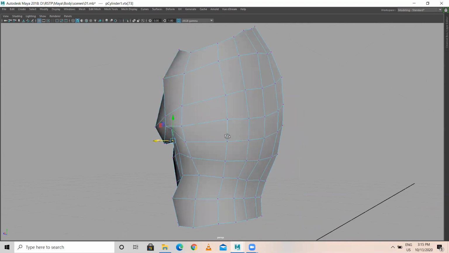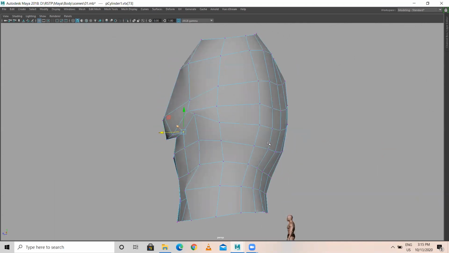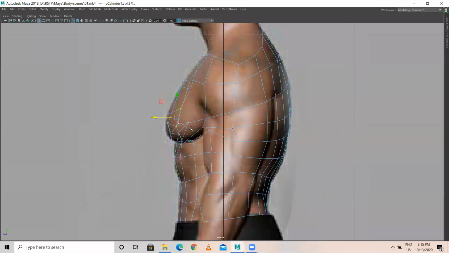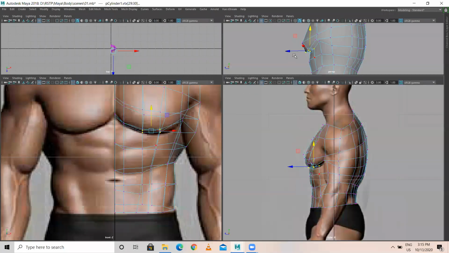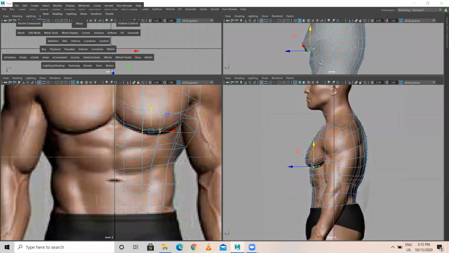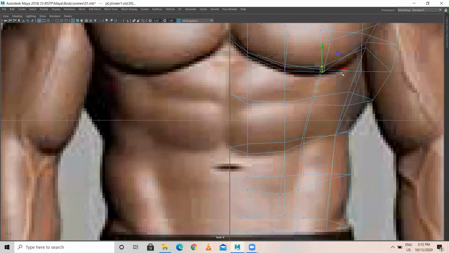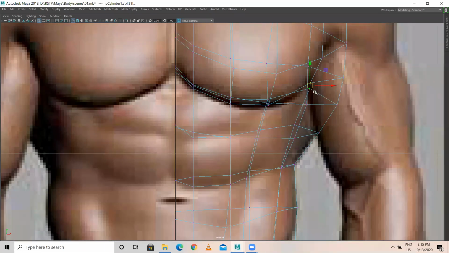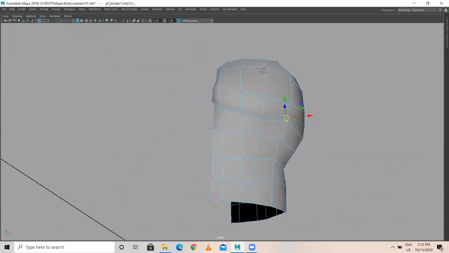Okay, that's what we need to match from all the angles.